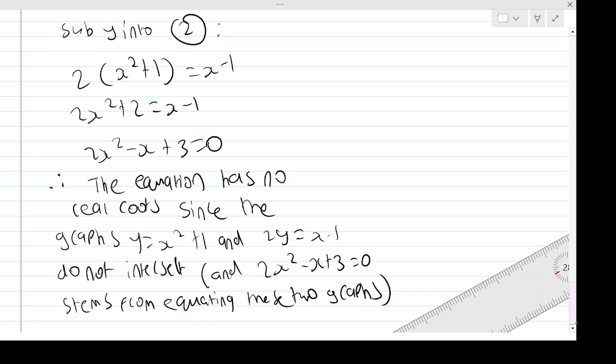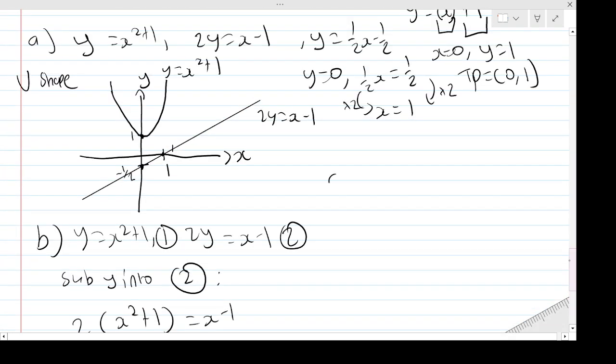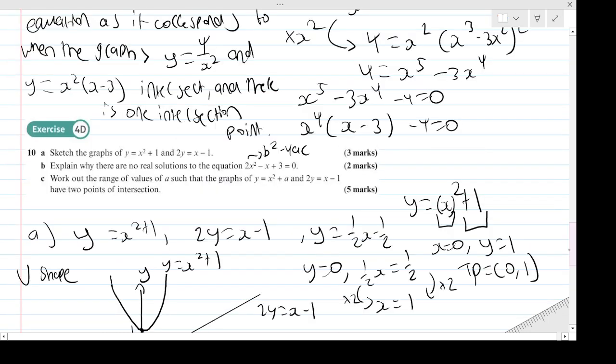If you wanted to just be absolutely transparent and say, well, if you equate the two graphs, then you also therefore get this equation. So that corresponds to how many intersections there are with the two graphs. Anyway, there we are. Then for the last question, part C, it says work out the range of values of